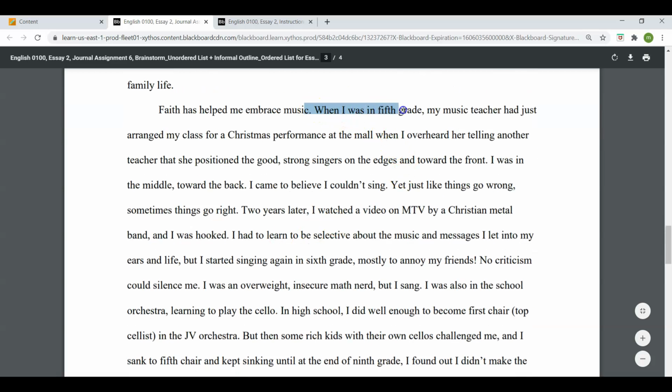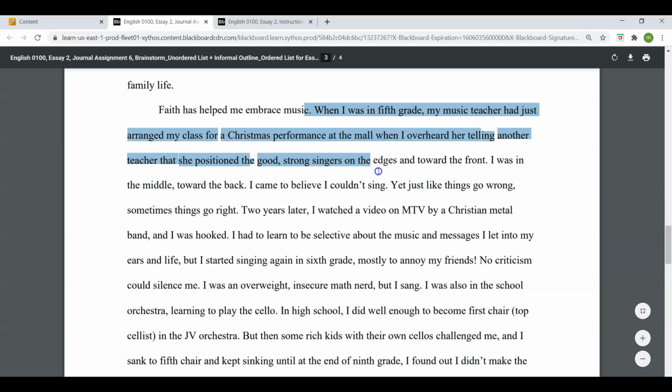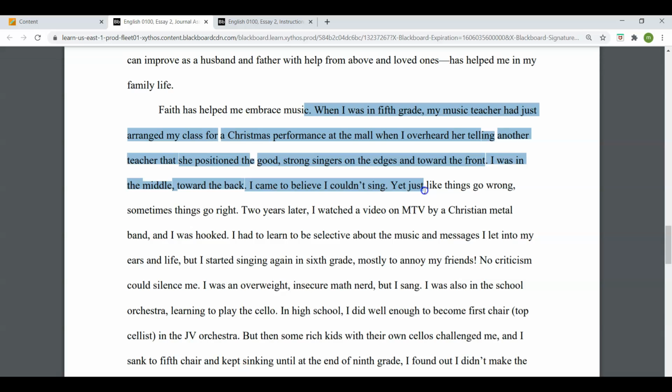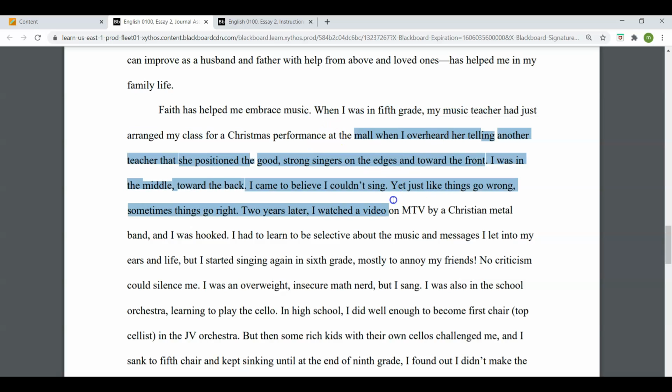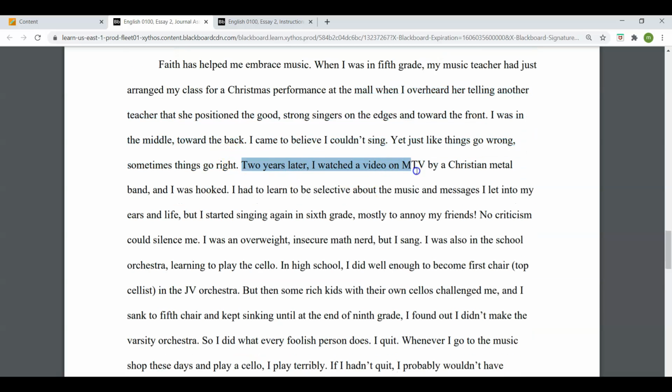Then there's music. This is a story, right? A little story about how somebody implied that I wasn't the best teacher, maybe I'm not, but the best singer. Because you can see what it says: the teacher says she put the students who are the best singers in one position and I was in the opposite position. Okay. Then I tell another story. I watched this video, right?